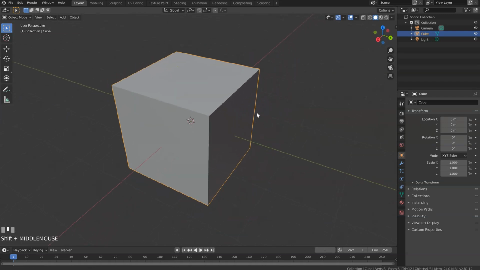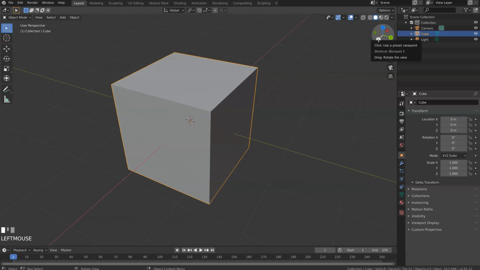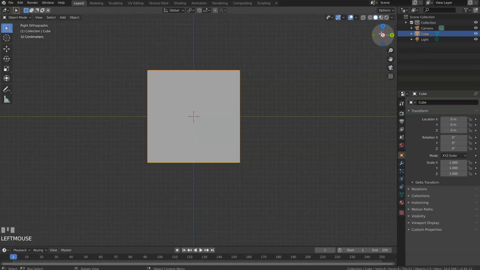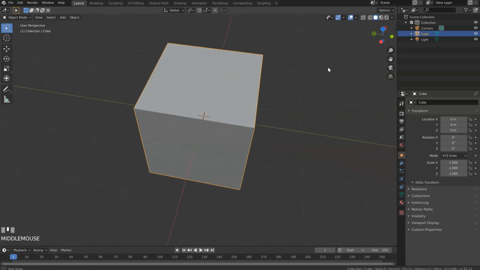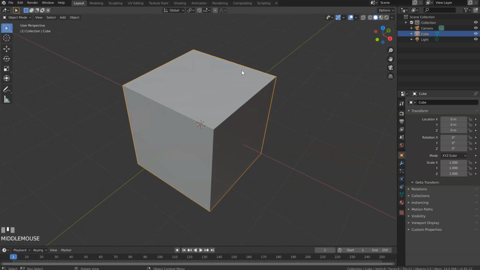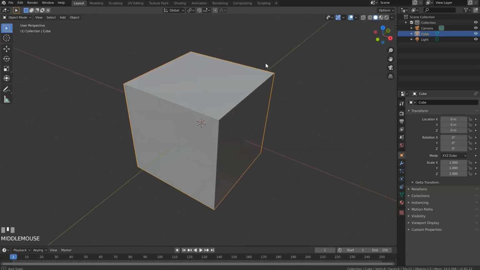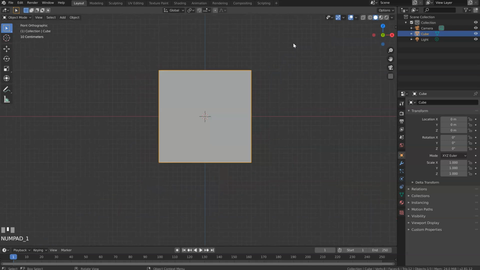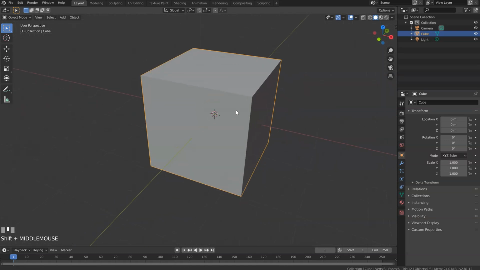So now, let's see how to go in different view, front, left, top, etc. So, you can click here, boom, you will be in the right orthographic view. This is not easy to see which view is which one, because you are in the perspective view, and you don't have the name of the view here. So, you can press 1, boom, to be in front orthographic view. To help you, I will make something.